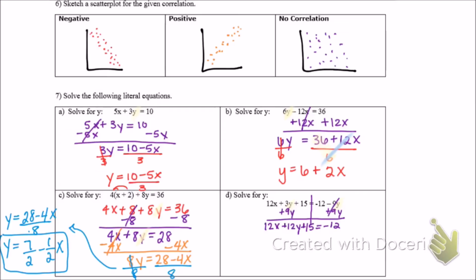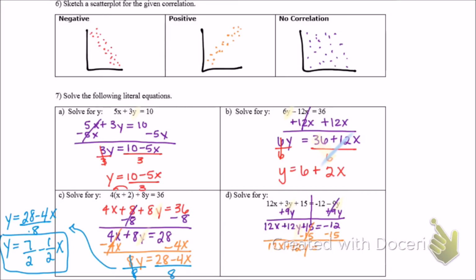Okay, so now if I look, I've got my y on one side. I've got a 15 over here with the y and a 12x. So I'm going to work on moving those things. I'm going to start by moving the positive 15. And so to put that on the other side, I'm going to need to subtract it. So minus 15 on both sides. That cancels it out, leaving me with 12x plus 12y